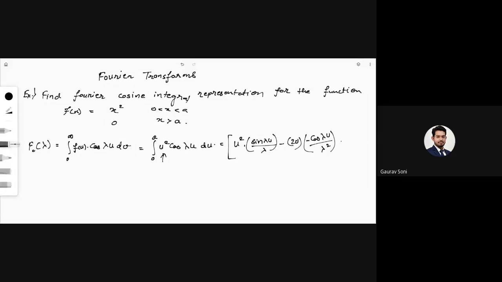Next derivative, plus, 2u's derivative is 2. Integration of minus cos lambda u is minus sin lambda u by lambda cube, limits 0 to a. Let's put the values. If you put the upper limit, we will have a square